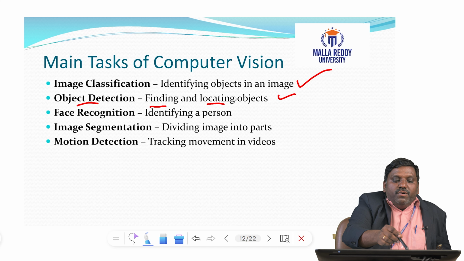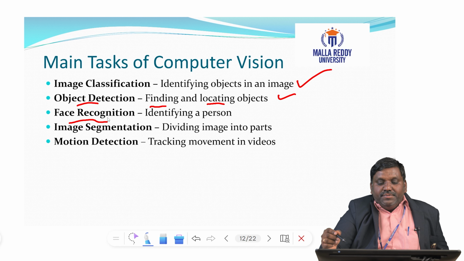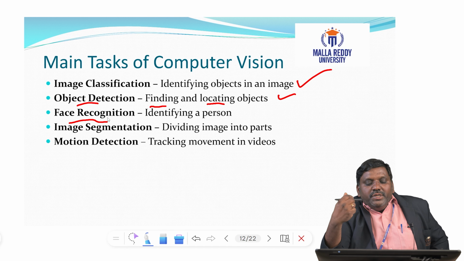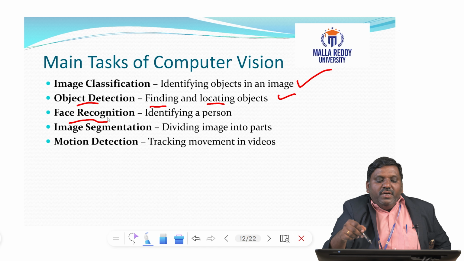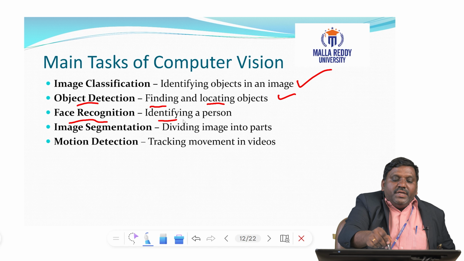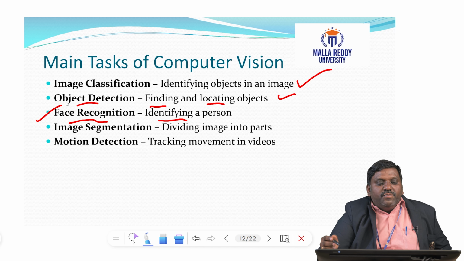Third, we go for face recognition. Once the object is located, the system wants to recognize how many faces are there. Based on that, it should identify whether it is a person or an object. This is the third stage. Then the fourth stage,